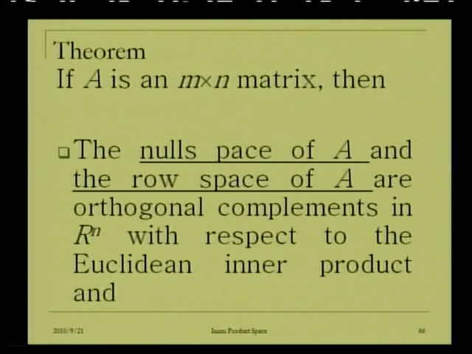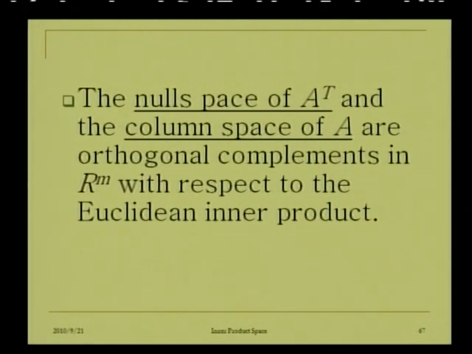Theorem: if A is an M by N matrix, then the null space of A and the row space of A are orthogonal complements in Rn with respect to the Euclidean inner product. Okay, and the next is that the null space of A transpose and the column space of A are orthogonal complements in Rm with respect to the Euclidean inner product. Here the transpose of matrix A means